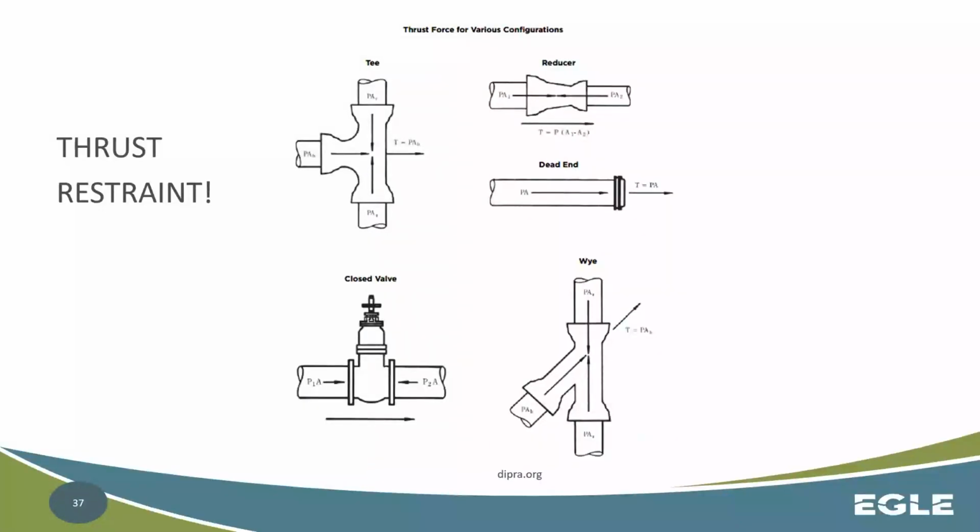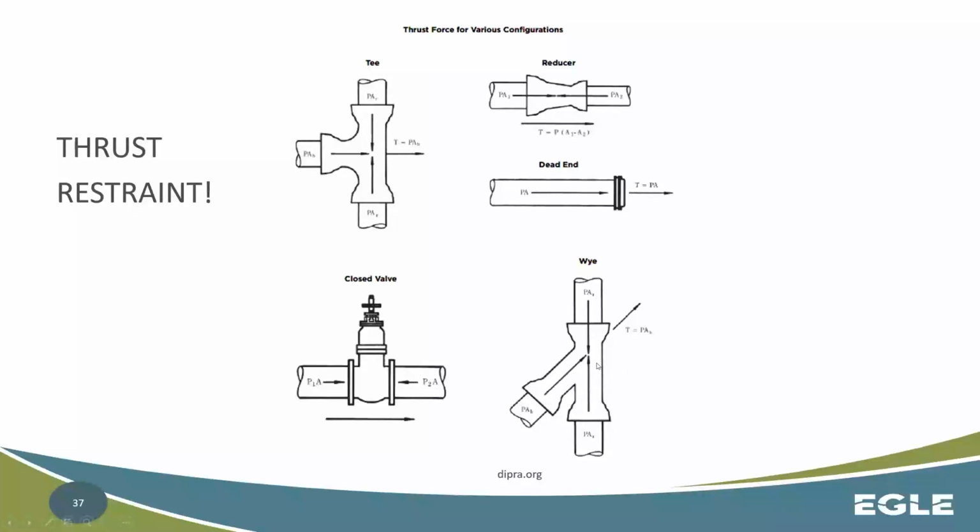And we're going to get into thrust restraint a bit. As we go into connecting water mains and making changes and moving it about your system, there's lots of things that go into that, lots of fittings and different characteristics that the water main needs to do throughout your system to get it to certain areas. So whether that means there's a T up here, or reducers or increasers as well, whether it's a dead end that needs a cap on the end of it, whether it's a closed valve itself, whether it's a Y here,